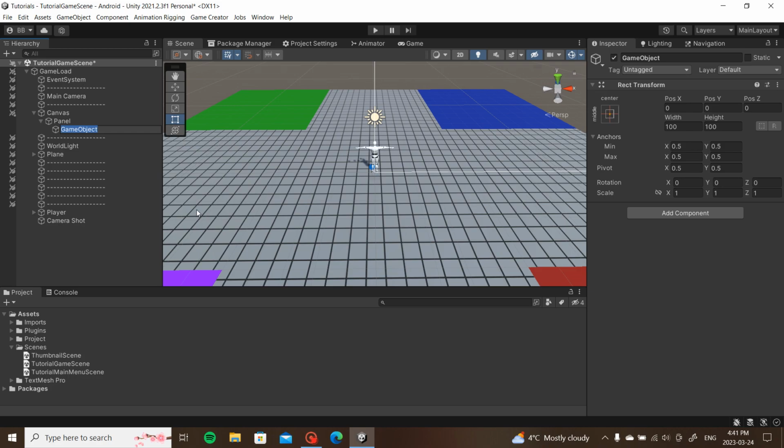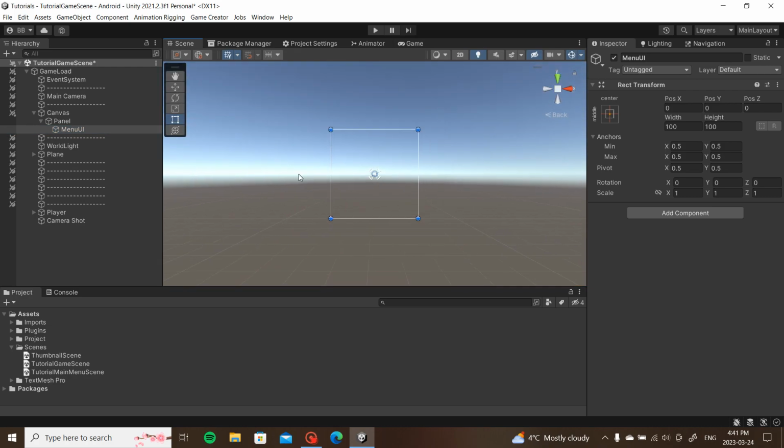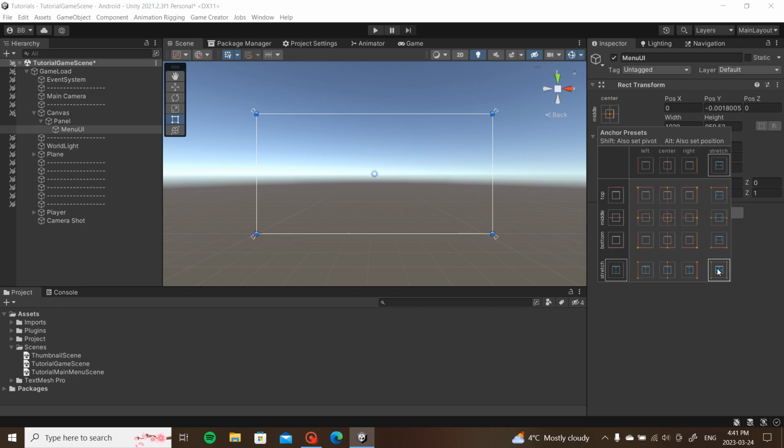I'm going to call it, let's say, menu UI, and we are going to scale it to the same size as the panel again. Change it to stretch,